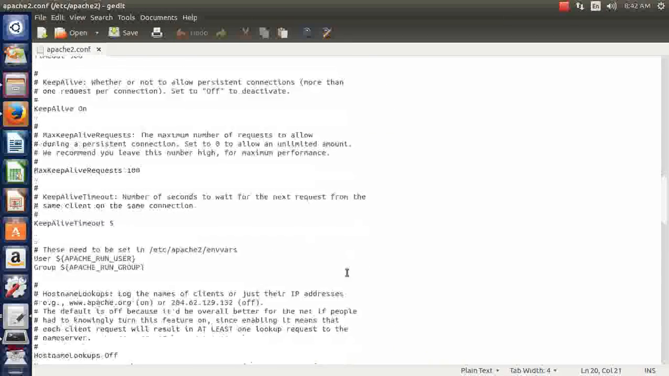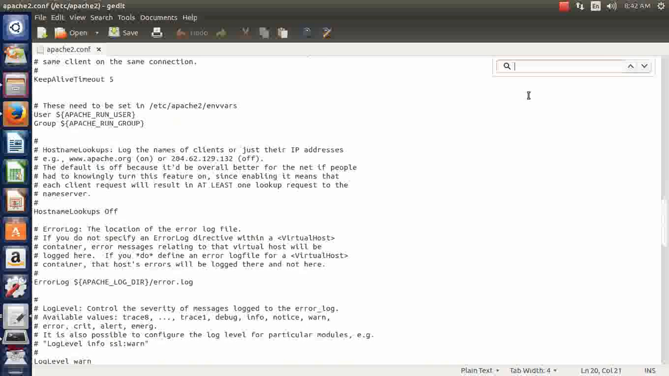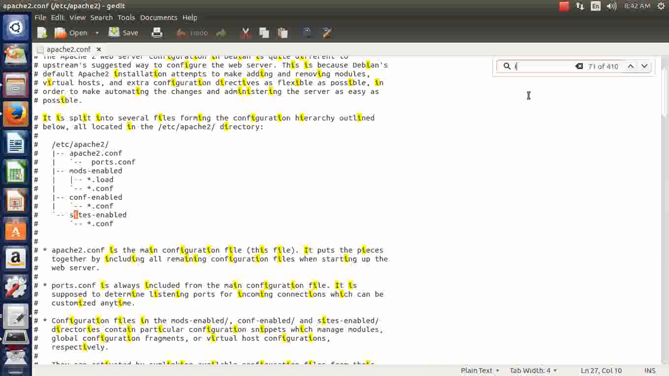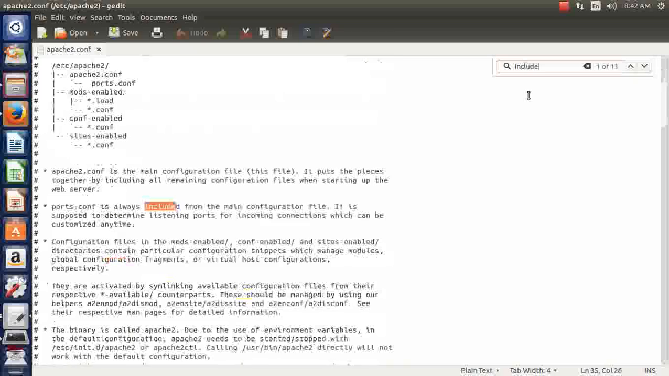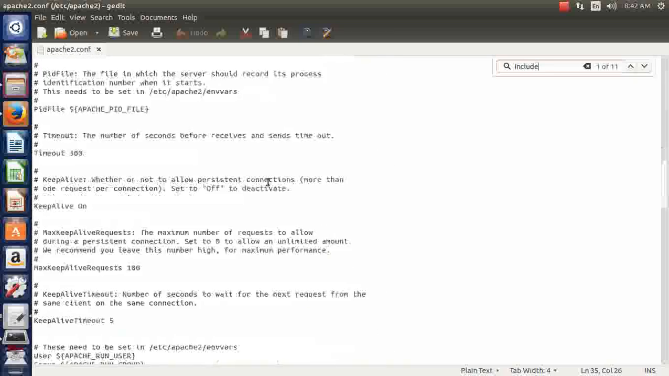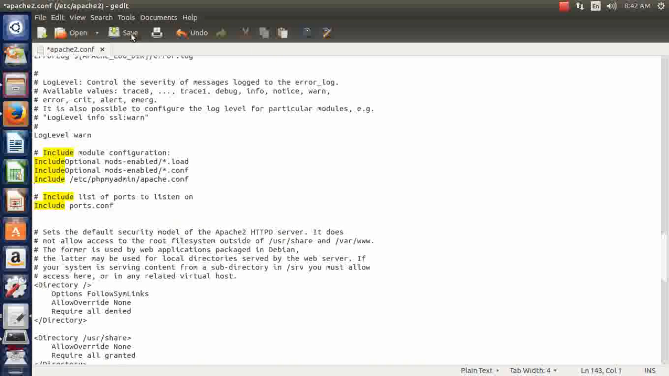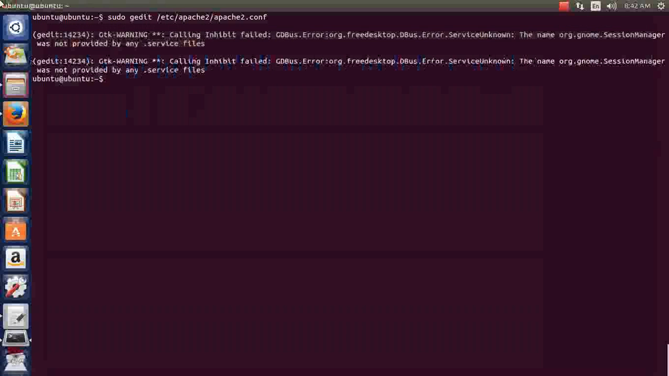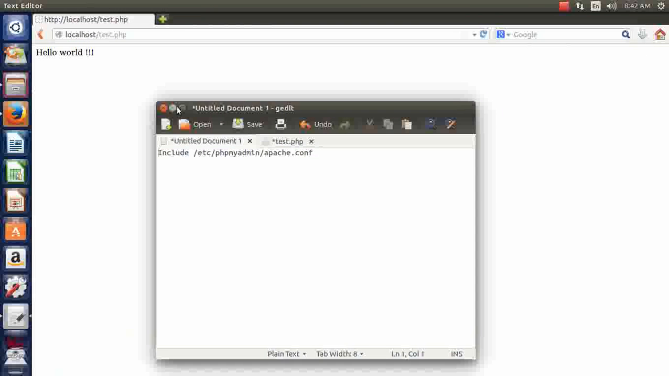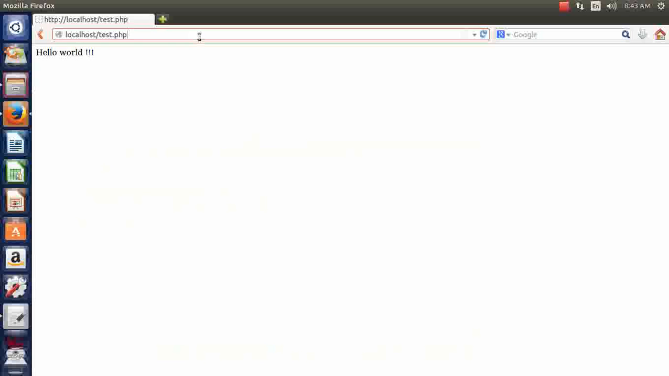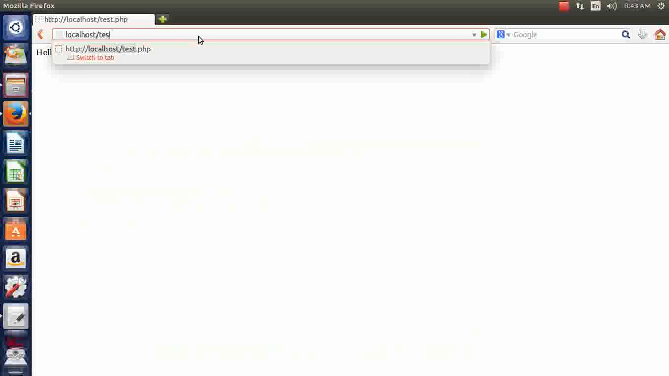Okay, so I will be looking at the configuration, so just search for include. It will make your task easy. Include, yes, I got include, and just search down. You will get include module configuration. Just go over here and paste that, save it, and close it. Now you want to check whether phpmyadmin is working or not. So just type over here